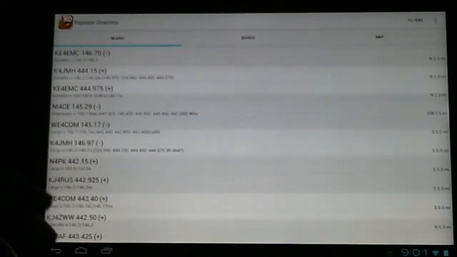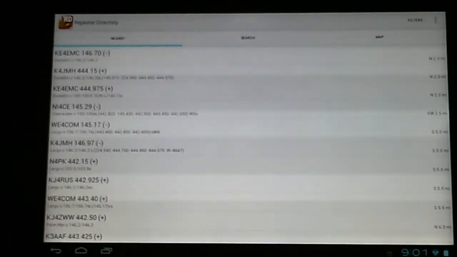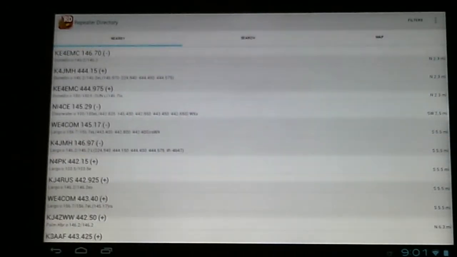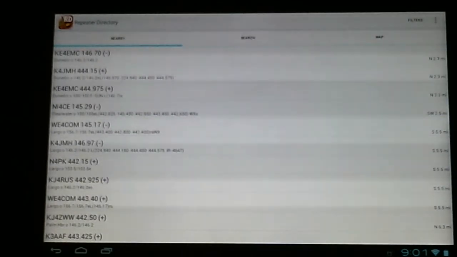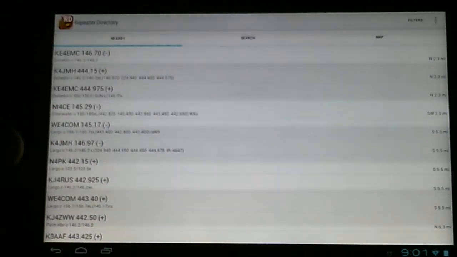The map has all the repeaters listed, including our little repeater, and they're showed on the map. So I like that. So if you have any information about these two programs, whether you've used them or not,